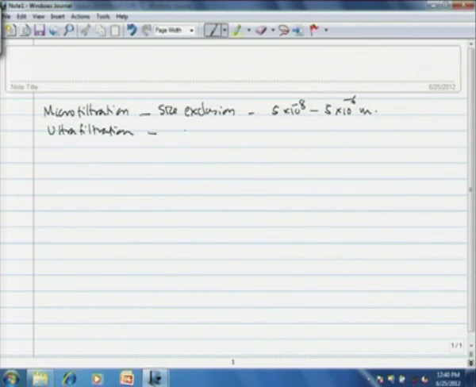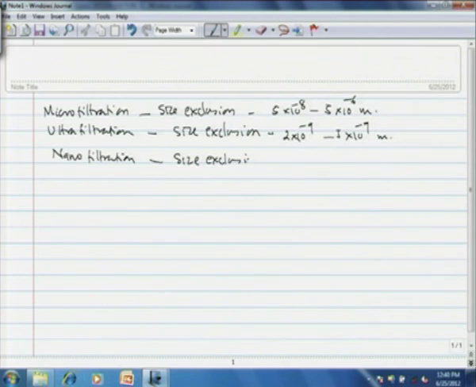This works again on size exclusion, and here the pore size is even lesser, 2 × 10^-9 to 5 × 10^-9 meters. Then the nanofiltration, this also works on size exclusion, that is the pore size is lesser than 2 × 10^-9 meters. Then reverse osmosis,